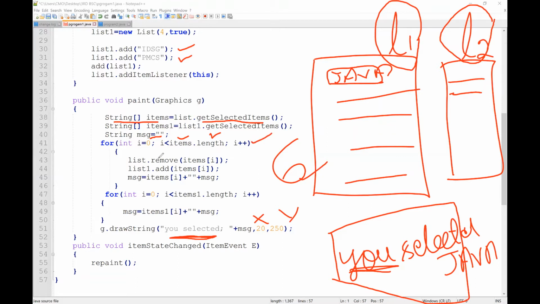See here, we are removing elements from list, and we are adding elements to list 1. You got the difference? See here, this is our L1 list. This is our list 1. We named them L1 and L2.